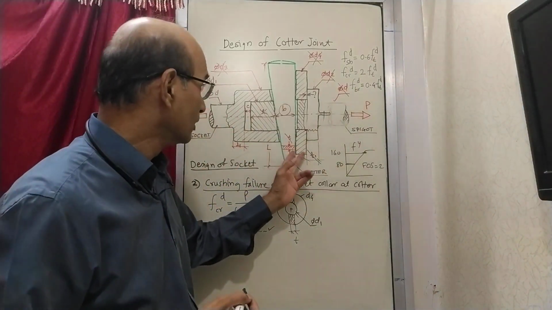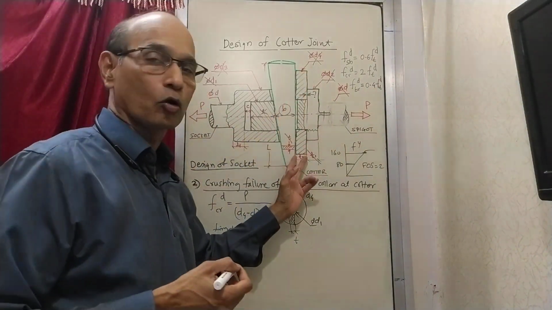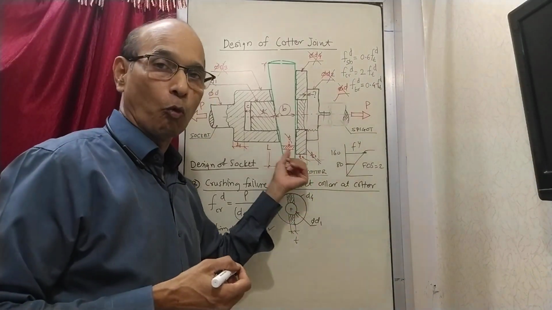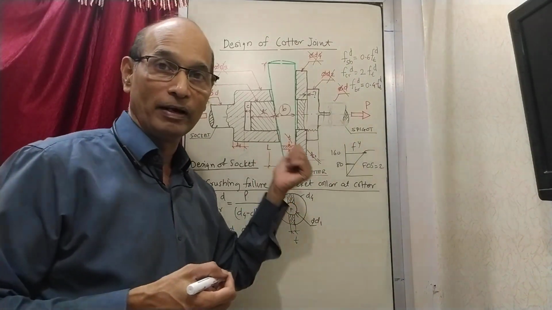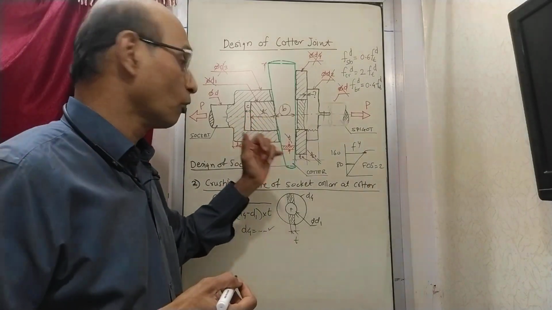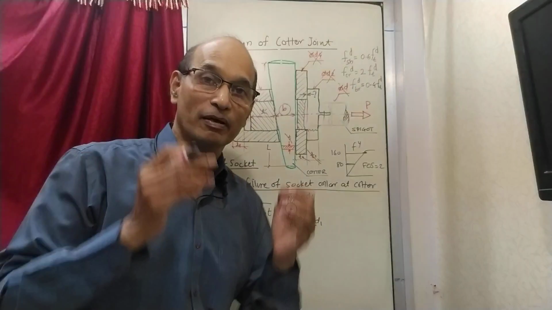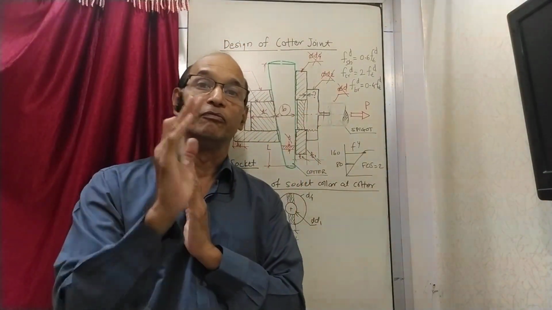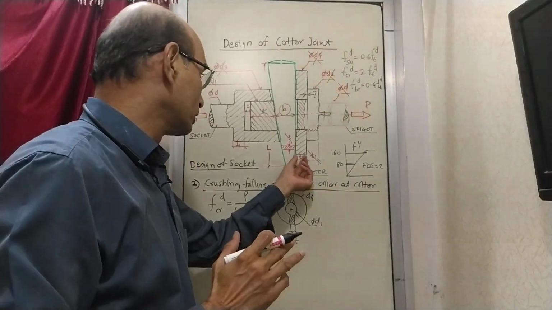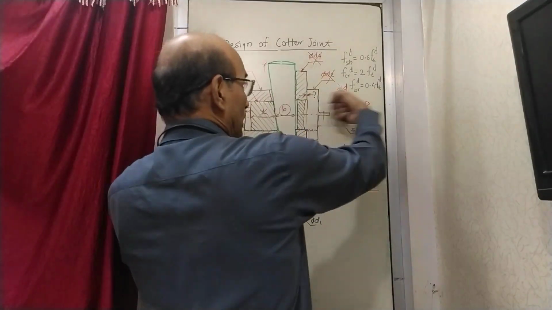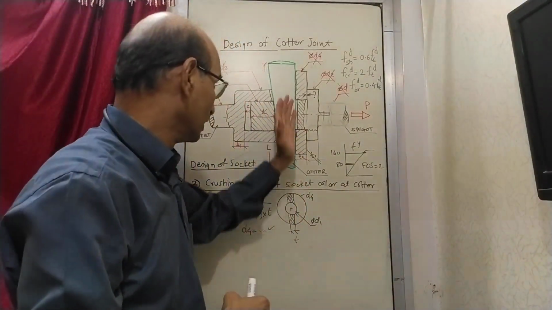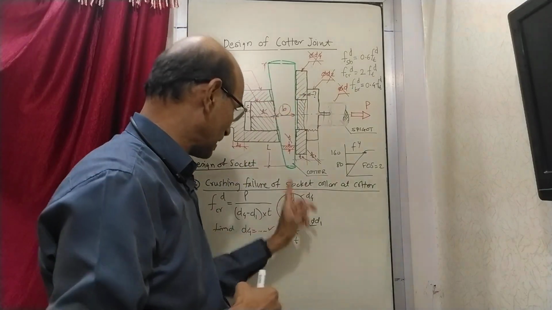Same thing, this thickness of the collar, which is T2, what is the role of this thickness? You want to find out. So what you have to do is imagine that this is very small. When it is very small, it becomes easy for us to imagine in what way it will fail. If this is too thin and you are trying to pull it like this, then what will happen is this cotter which is touching this place like this,